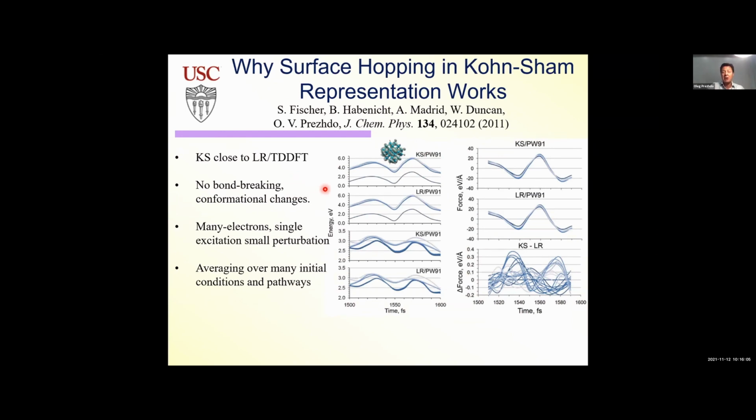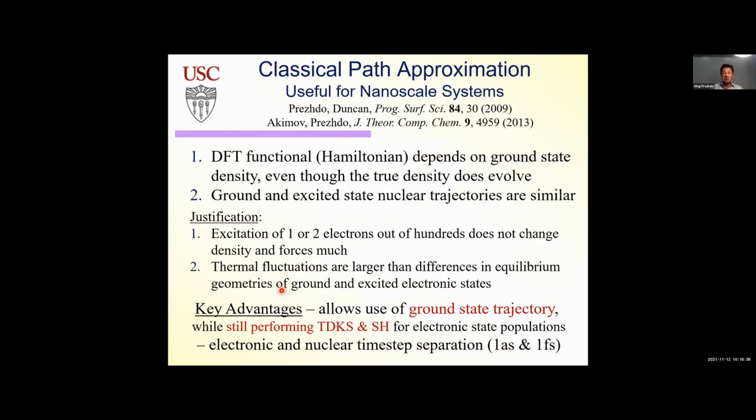And for example, if we compare Kohn-Sham excitations with linear response TDDFT excitations for a quantum dot, a typical material we study, which has some surface passivation and so on, there's no difference if you just look, the gaps are the same. And then if you look at the excited states, and this is just a random piece of trajectory, excited state energies are the same. So this description is very good for nanoscale systems. And then additional terms like Coulomb terms we treat on top of that. So this is important for how we do our simulations.